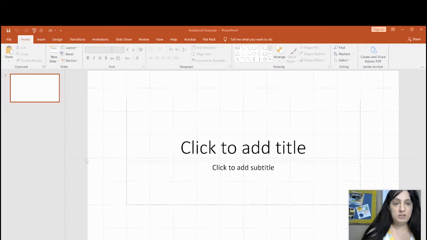I've opened a fresh new PowerPoint slide. PowerPoint is my favorite program to create the backgrounds for my digital interactive notebooks. There's a couple of reasons for this. One reason is PowerPoint is a little bit more powerful than Google Slides, but you can do this in Google Slides as well. It's also much easier to export the files when we're finished from PowerPoint than it is from